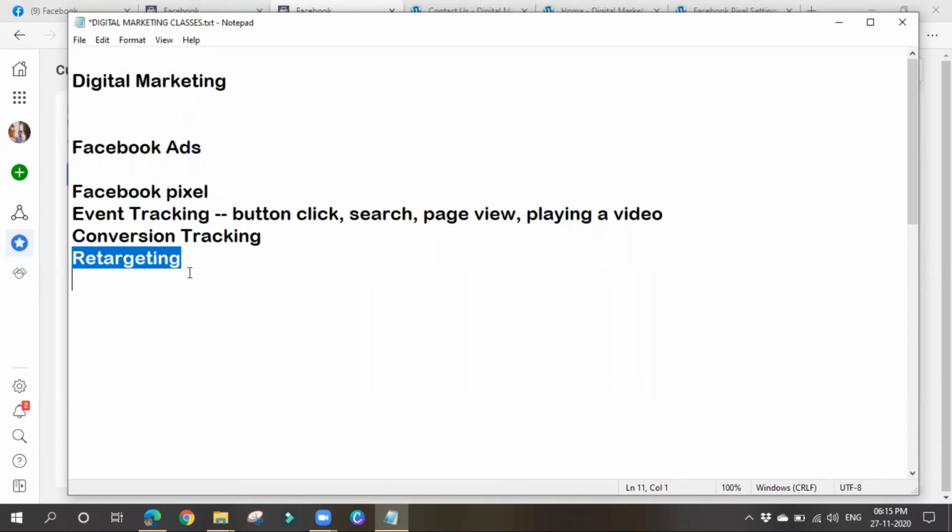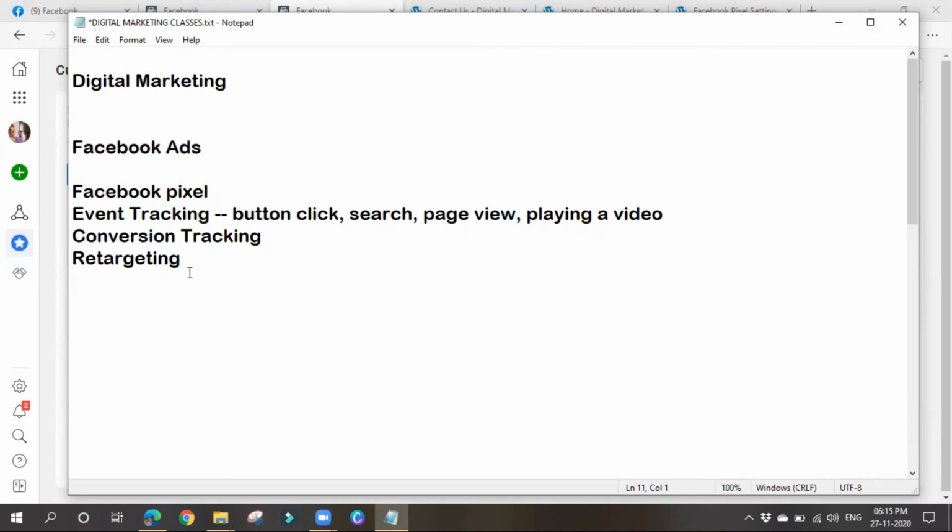Based on that info, we have to create some audience. We have to give a list of people to Facebook to be targeted. If we give that list of people to Facebook, then only it can show ads to the people present in that list, right?